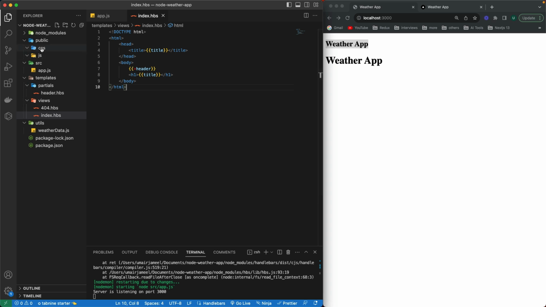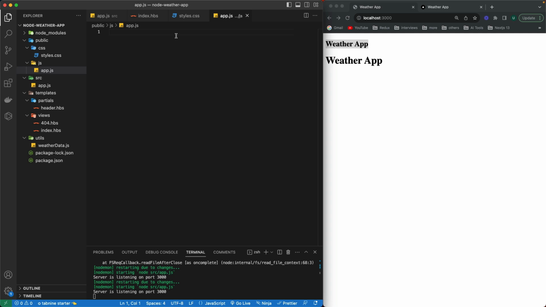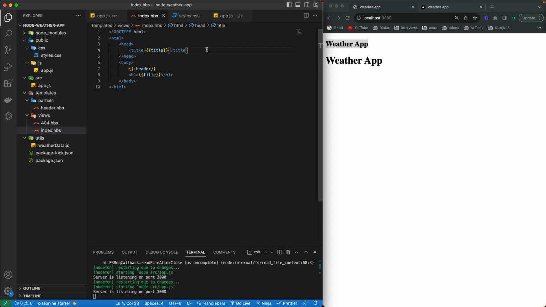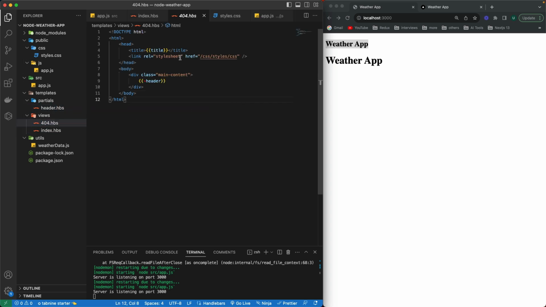So let's create our CSS file in the CSS folder, and I'm going to name it styles.css. And in the JS folder, I'm going to create a new file, and I'm going to name it app.js. All right, and in my index.hbs, I'm going to load up that CSS file just like I have added in my 404.hbs. It should be dot here actually. Okay, so I'm just going to copy this line. Let's paste below the title,